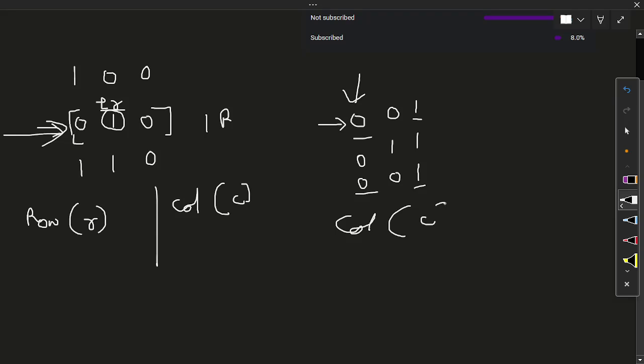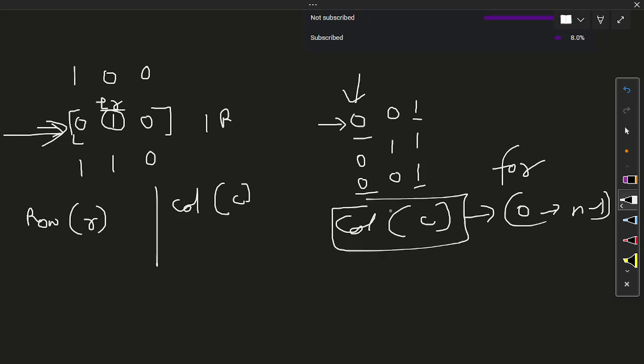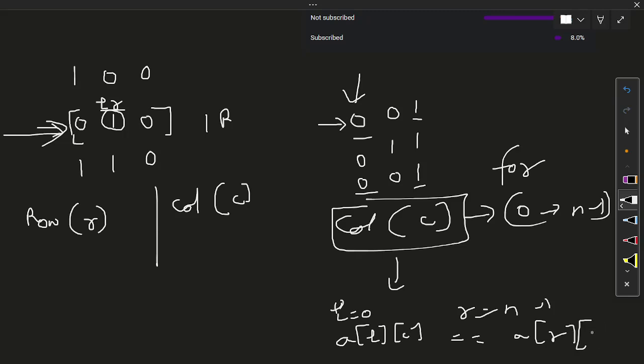For the column, I will pass C as the column, and here also first I will pass 0 and go till n-1. So we have a loop for that. Inside we pass the ith column. So first the 0th column is passed, and in the column wise approach we have the same idea, L pointing to 0 and R pointing to n-1. So here the first column is 0. I will get L and column, and I have to get R and column. So first L is 0 and column is also 0. So this value 0 0, and R is row number 0,